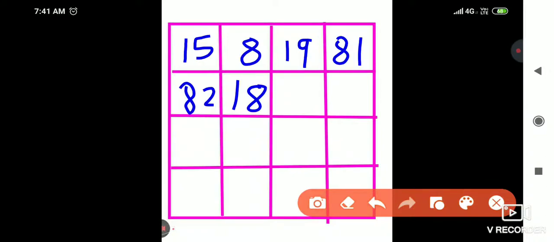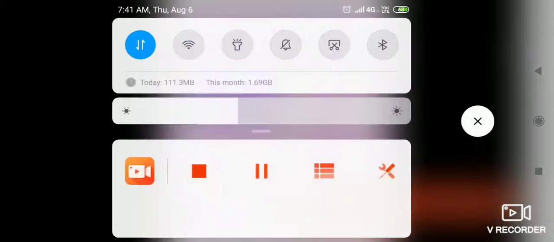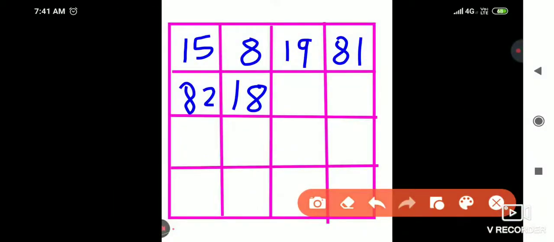Next, the third box. Here I have to write the month. What I told you, it is date. So month minus 3. My month is 8, and 8 minus 3 is 5. And the last box, in my date of birth I have to add 3. If I add 3 to 15, I get 18. In this way you have to fill this box.